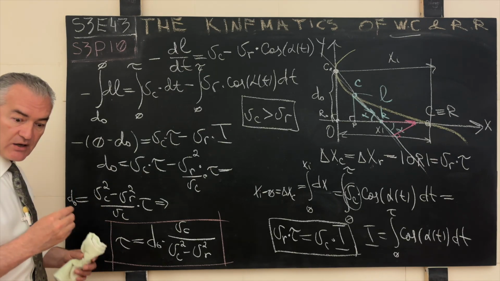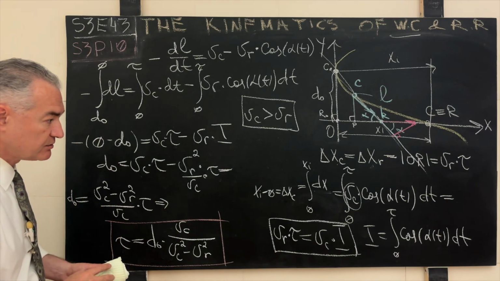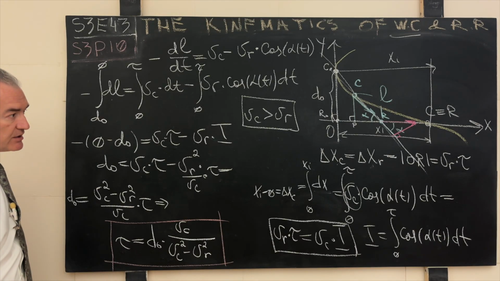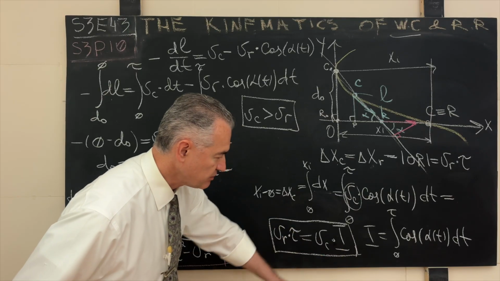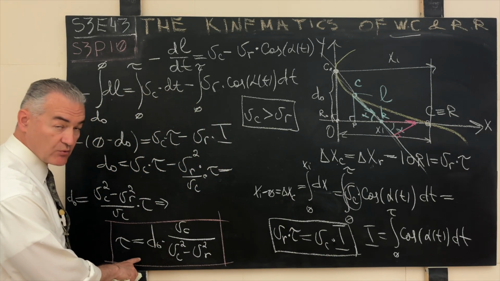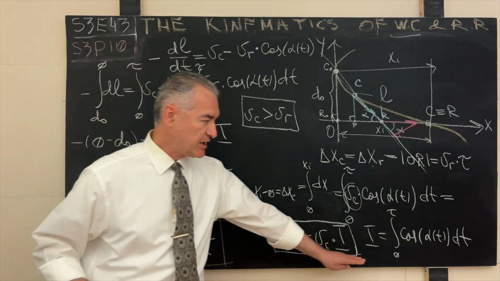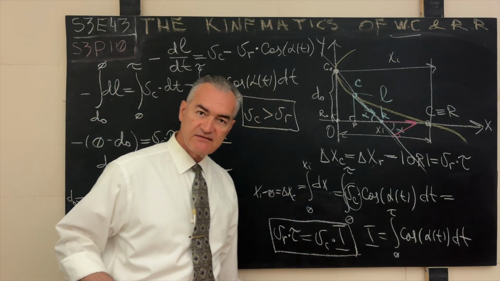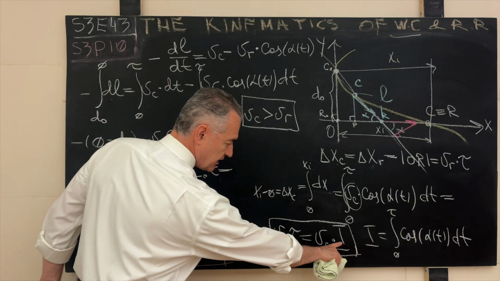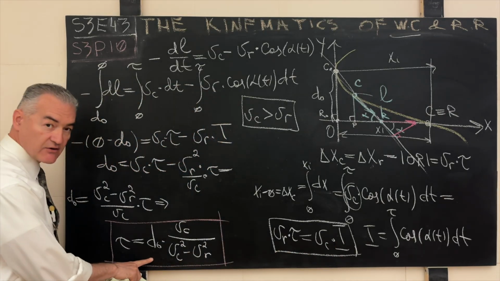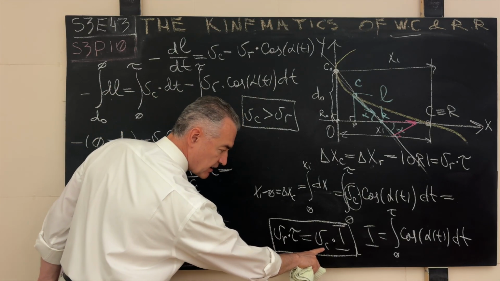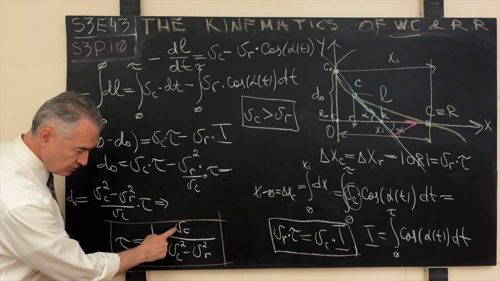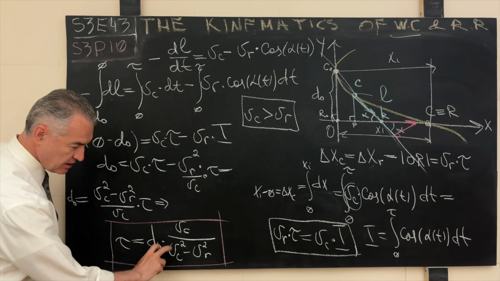Now, look at the magic of how physics and mathematics work together. Here is another little thing I would like you to pay attention to. Let's say, take a good note of this reasoning, but we can write down, look at this, from this relation, once we know the intercept time, we actually know the value of this potentially scary and horrible integral. And what is the value of this integral? Well, look at this. I is equal to intercept time, which we have over here, times the velocity of the runner divided by the velocity of the chaser. But if we see the velocity of the chaser in the numerator, denominator cancel out.